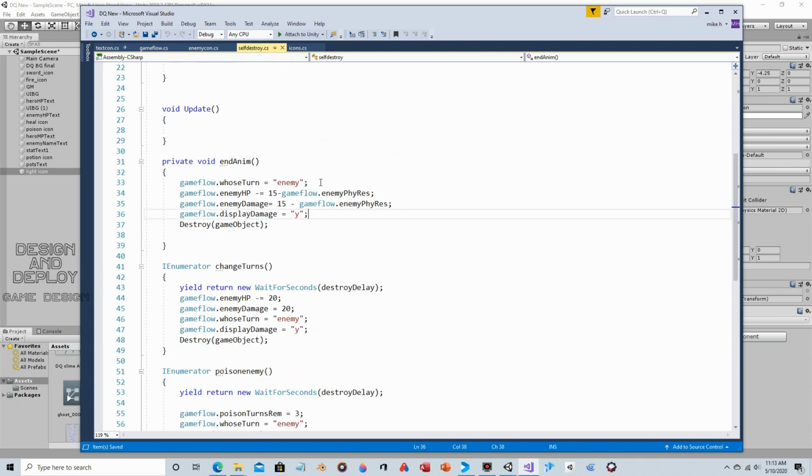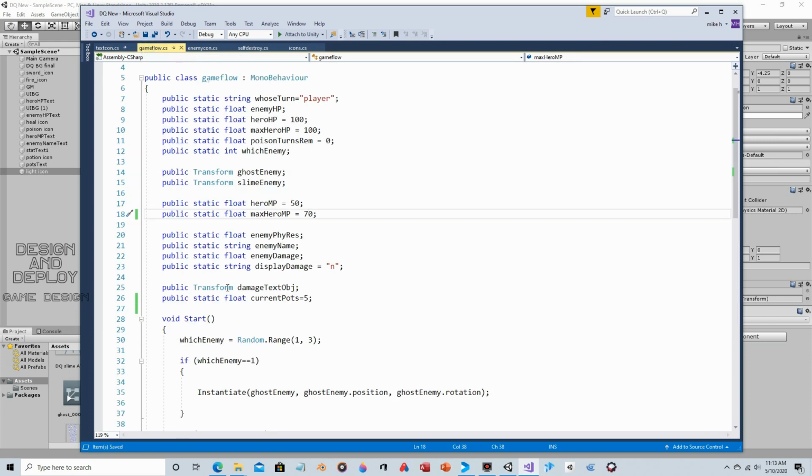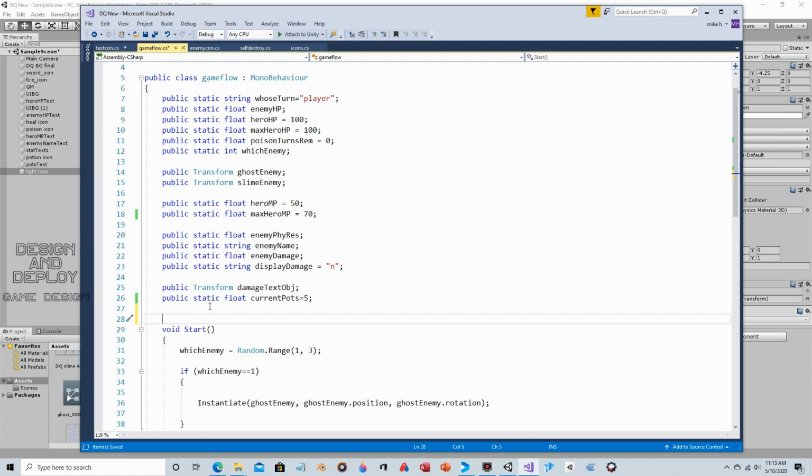So this is the main thing that we need to change, because this automatically goes to enemy, but we said this was going to stun it. So for icon, what we need to do is put a variable in here that tracks the stunning. So game flow. So yep, another variable. And you'll see that with game development, a lot of the functionality is just variables tracking what value something is. So public static. And this will be,